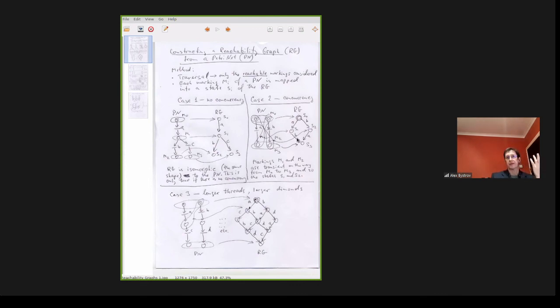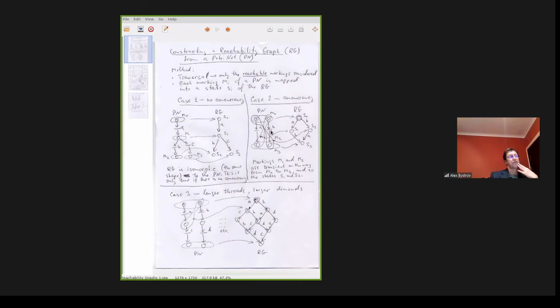Concurrency executes things in one order, such as A and then B, or B then A. And reachability graphs capture all these behaviors. So these are very, very rich models, very interesting models. And they show how complex your system is. So this system is not very complex because its behavior is roughly of the same size as the original model, right? In this case, well, there is not much concurrency, but still the size of this thing is quadratic with regard to the number of threads.